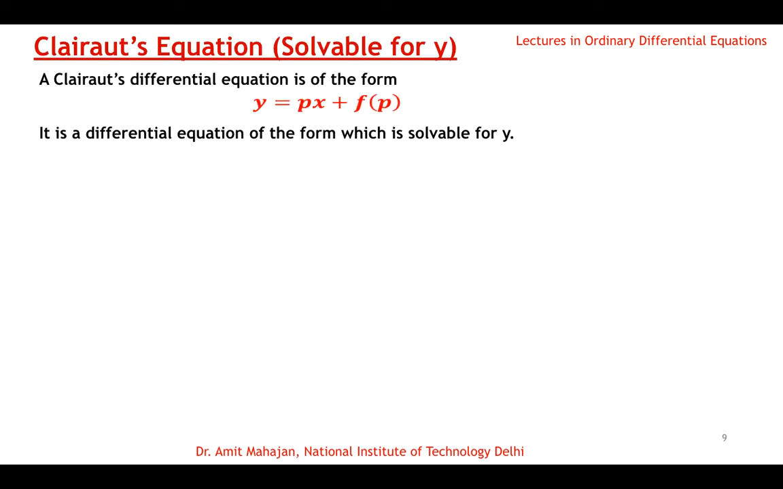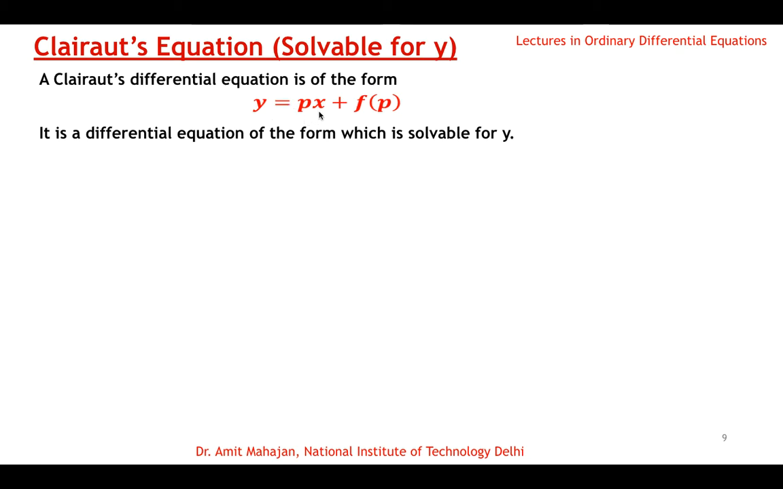Now one more special case is Clairaut's equation, which is solvable for y. So a Clairaut differential equation is of the form y is equal to px plus a function of p. So it is similar to solvable for y, where on one side we have y, on the other side we have some function of x and p, but it is particularly given this name because it was solved by this scientist Clairaut, who said that if the differential equation which is solvable for y is also written in this particular form,